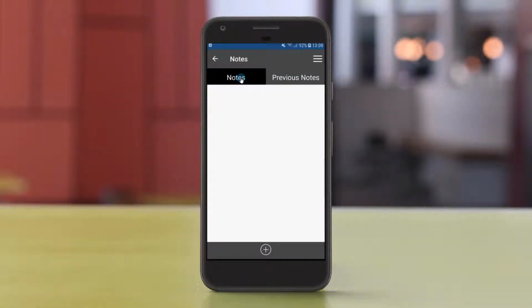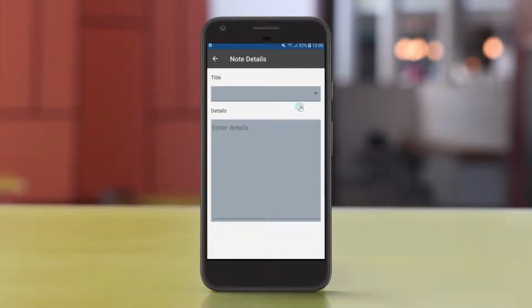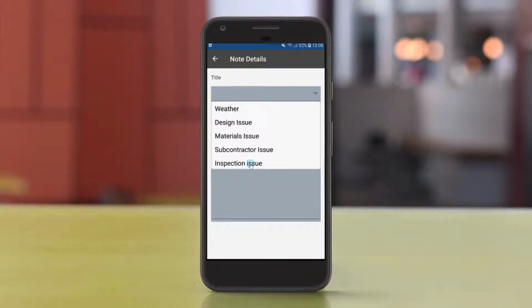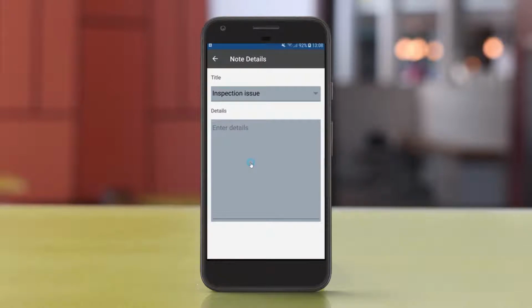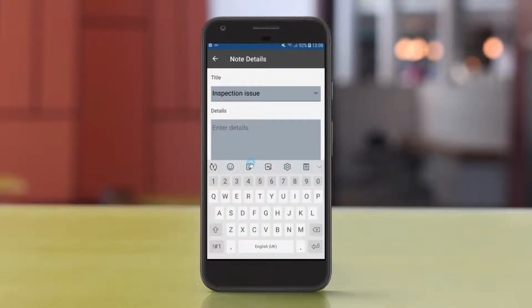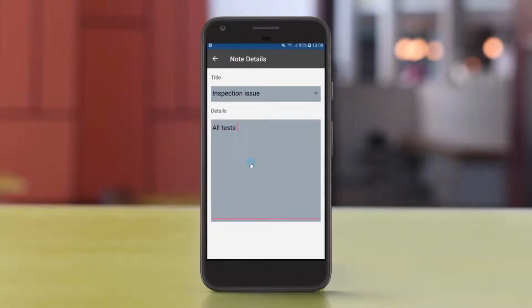But if we come to add a new note, there's a plus sign at the bottom. Click on the plus sign. We can choose a heading for this note from a list that has been published to us by the Powerproject user. So I need to select that, and I can leave it at that, but I can tap in here and add further information. So we could say all tests passed, for example. So we can add individual notes to